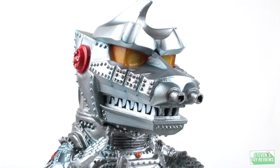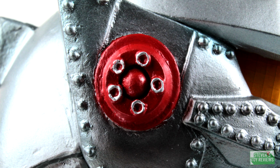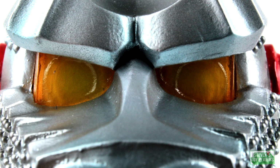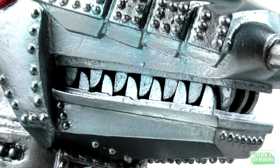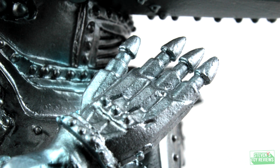And there's some amazing paint details here with some nice airbrushing, I'm going to say, which technically falls under the line of dry brushing, with some blue paint to really enhance the look of this figure. Generally speaking, if you're a fan of this particular design of Mechagodzilla, you're not going to go wrong here. I don't like to say that there's such a thing as a perfect figure because, unfortunately, due to quality control, if you buy something, something may go wrong, which that's just the name of the game. But I do have to say that Mechagodzilla does look very, very nice,